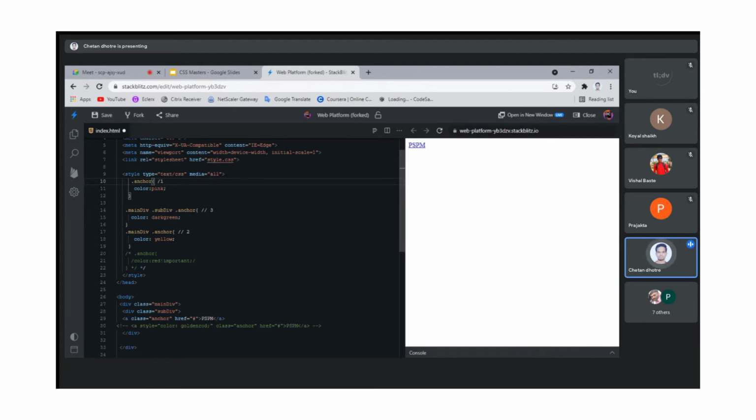So the one that gets the most importance will be the 3, because it has 3 classes from the grandparent, parent and child. So this will get rendered first, as I told you. If there is no CSS conflict going on, then the rest will be implemented.